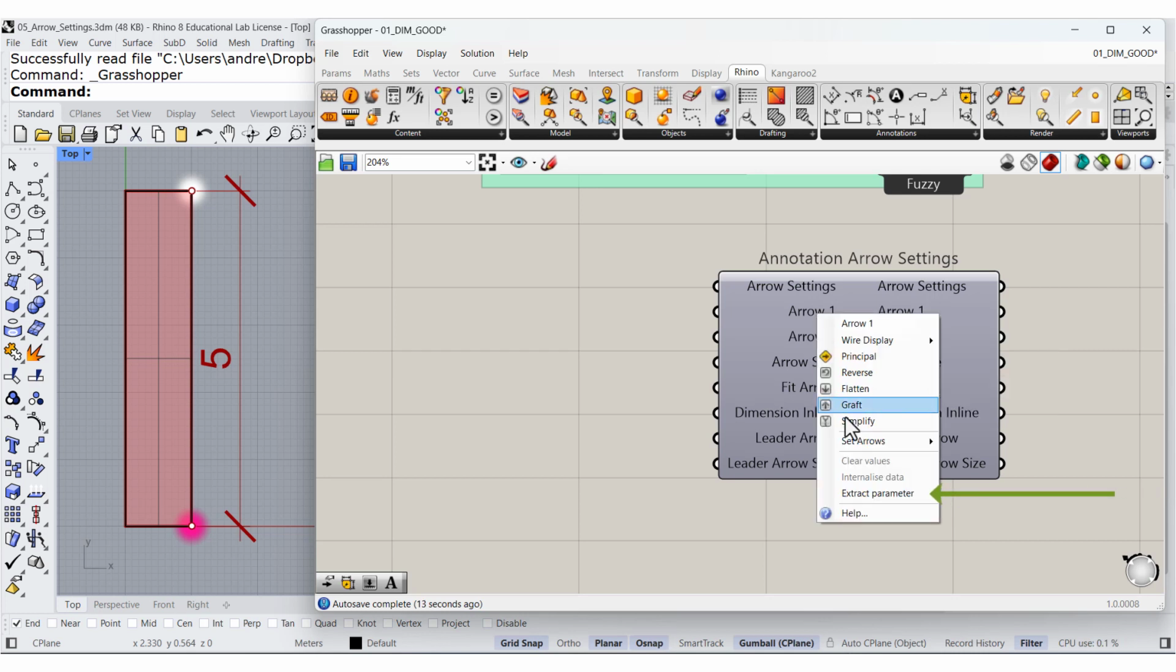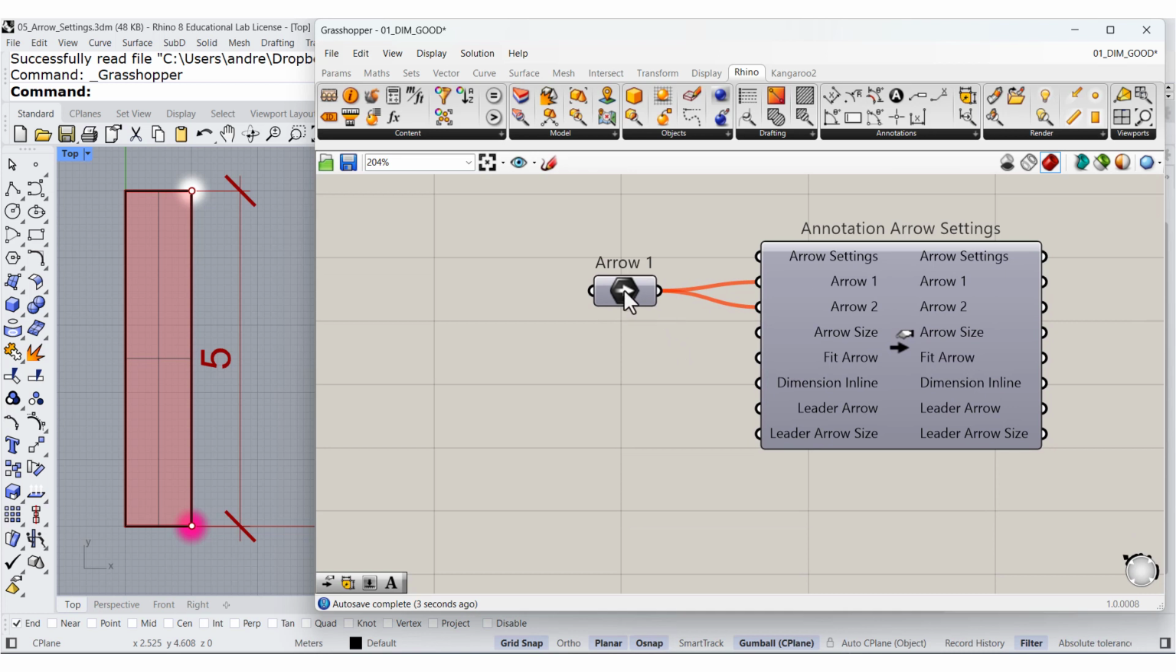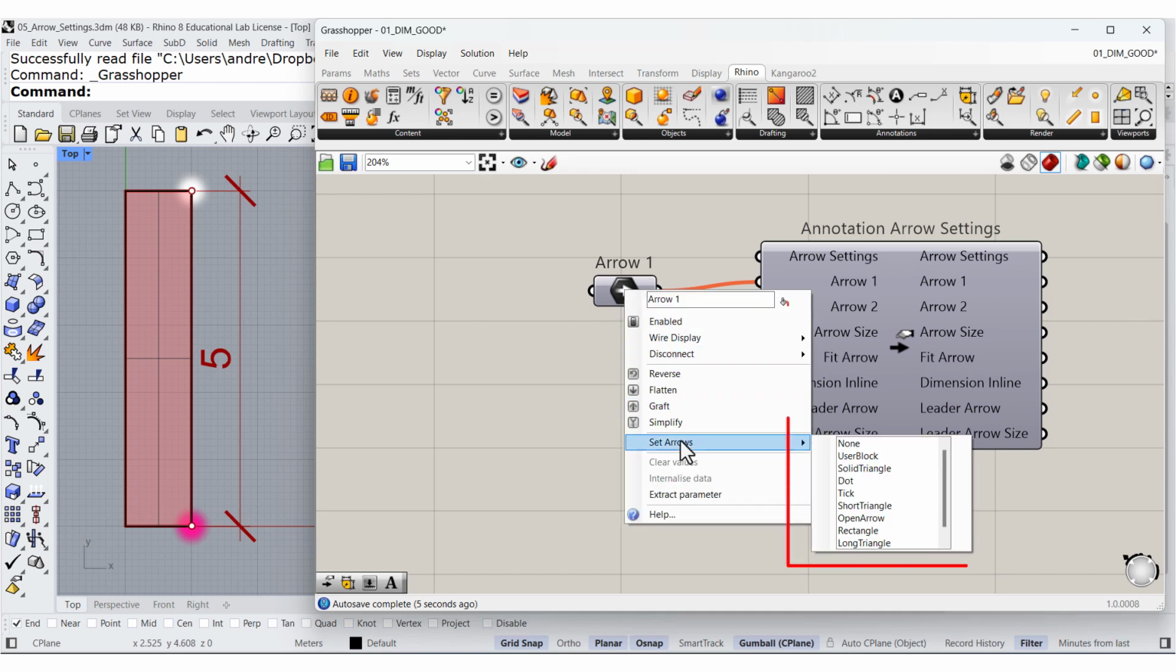Right click and extract the parameter. There you go. In my exercise, I want to have the same icon on both ends. So I'm going to connect this one over here. Now, if you right click, you have the possibility to select from this list, let's say a dot,